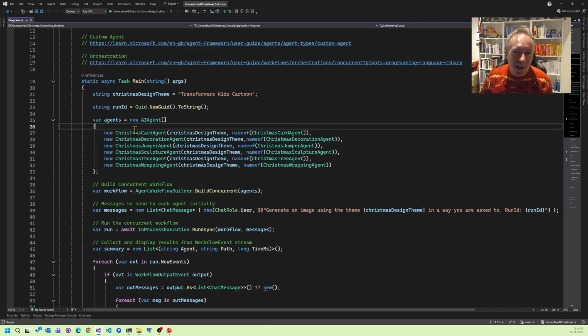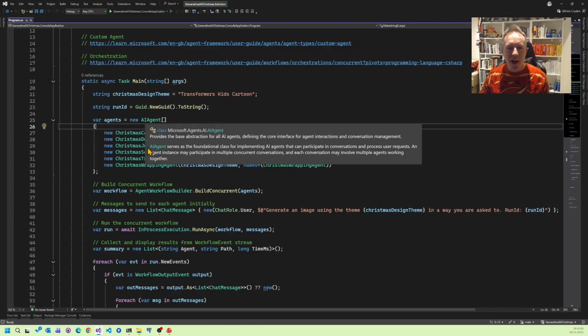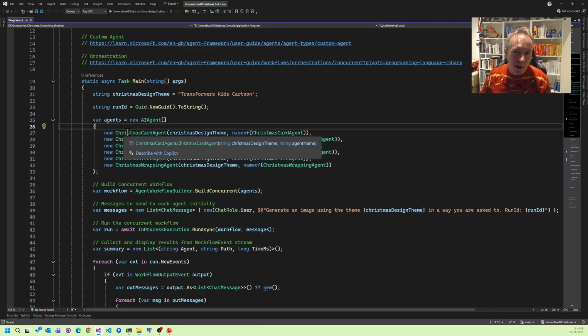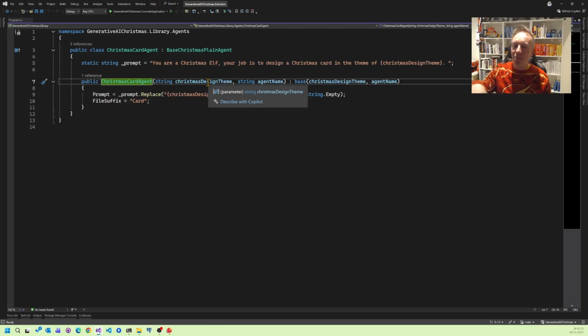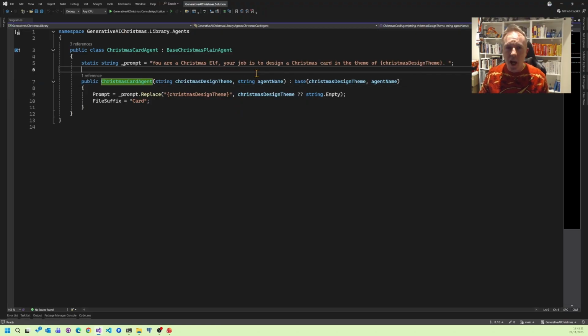Anyway, okay, so we are creating an array of AI agents, and these are the ones that I have created. If we look at them, you will see that they're very, very simple. The other thing I'm going to mention is there's no LLM in these, so you can get different types of AI agents out of the box, like an OpenAI agent and some other ones. This is a plain bog standard one, which just inherits from AI agent, which you'll see in a minute. And you can orchestrate them. You can tell them to do whatever you want. You don't have to use these agents with an LLM